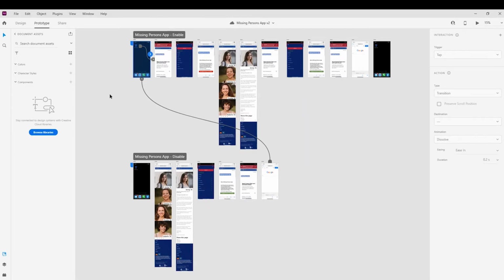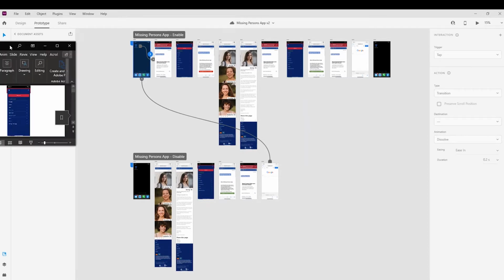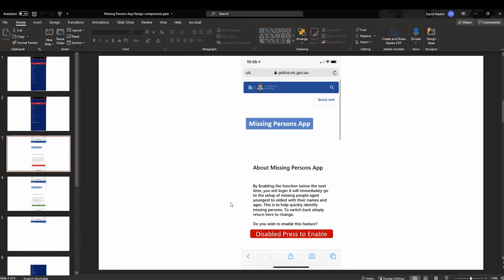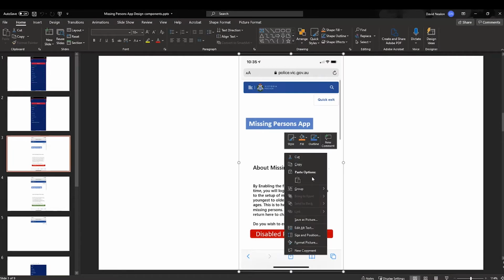So sometimes I find it easier just to repeat the screens, and the web developer can work it out from that side. The next part is, where did I get the images and how did I get the images in so quick? So I have full access to the Adobe suite of products, but I don't use Adobe in this case. So what I'll do, I'll just bring this across, is I use Microsoft PowerPoint, and I just simply do cut and paste. I do a lot of cropping. So if I pick on this, hit ungroup,